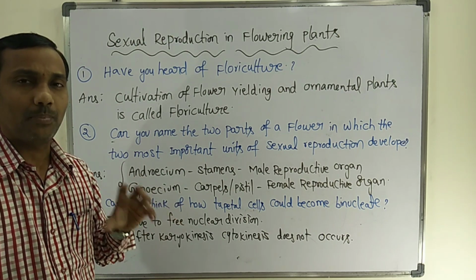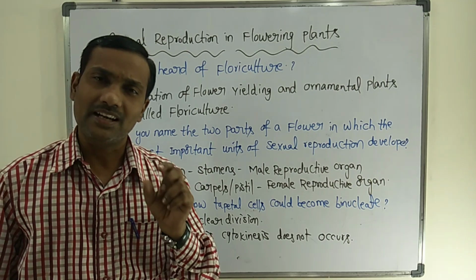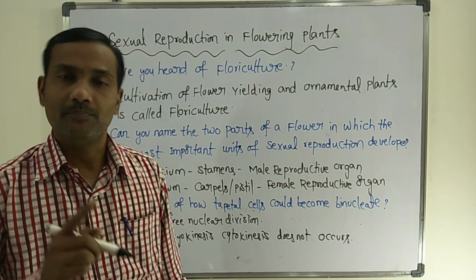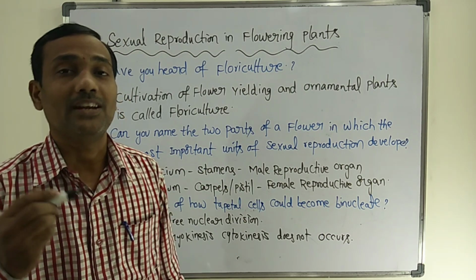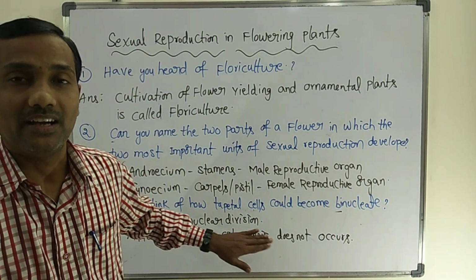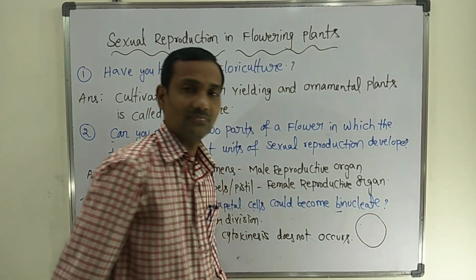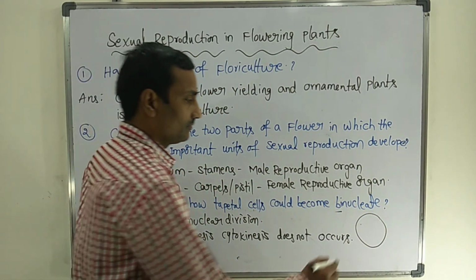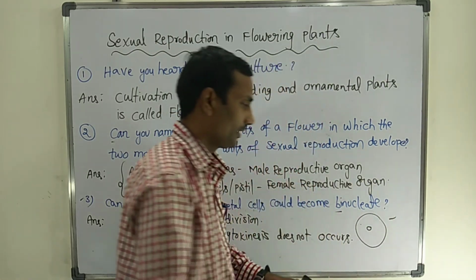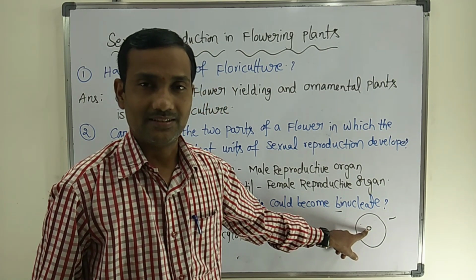If you observe the tapetal cells in the majority of plants, each cell consists of two nuclei. A few cells also consist of more than two nuclei. How does the binucleated condition occur in tapetal cells? One tapetal cell, the innermost layer of the anther wall, initially consists of one single nucleus.